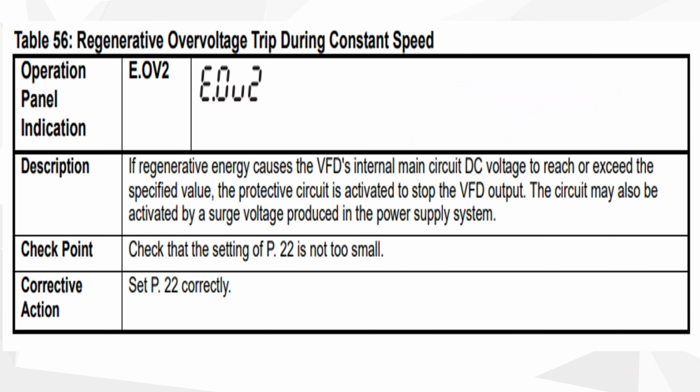So here is one error E.OV2 regenerative or voltage trip during constant speed. Actually, it is happening when VFD is running continuously for the last few minutes, few hours, and might be few days, months, years. So after that, it is suddenly occurring E.OV2, and it is coming because there is some unwanted voltage actually, DC voltage above the specific value. That's why